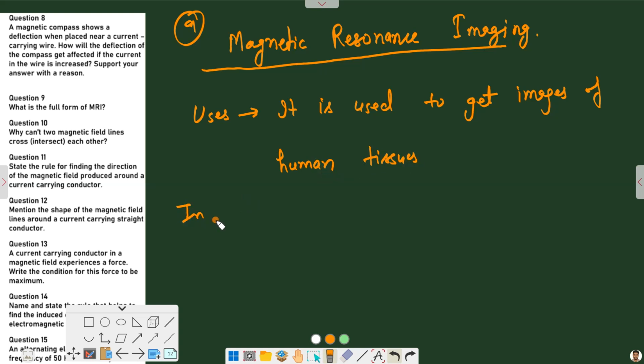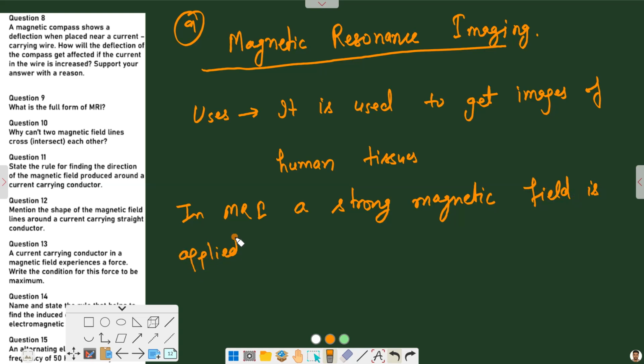In MRI, a strong magnetic field is applied on the person. Actually, that person is placed inside a magnet. There is a huge magnet, and the person whose MRI has to be taken is placed inside that magnet. Now, what happens? Due to this huge field,